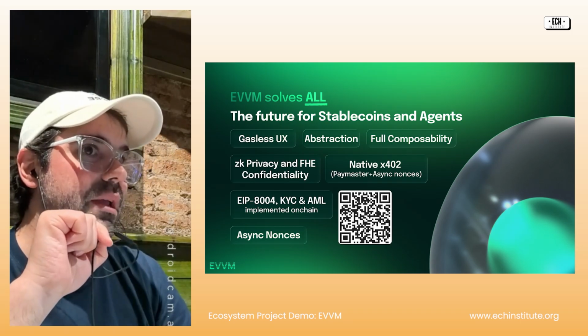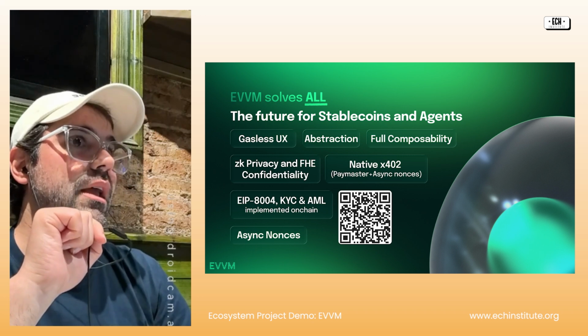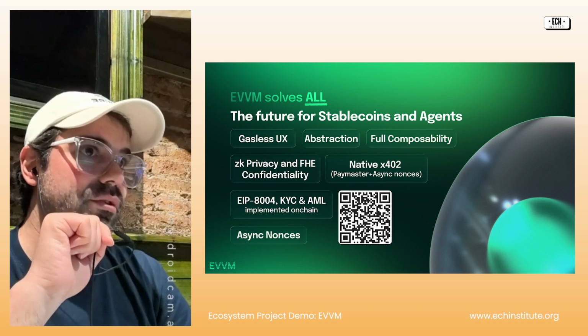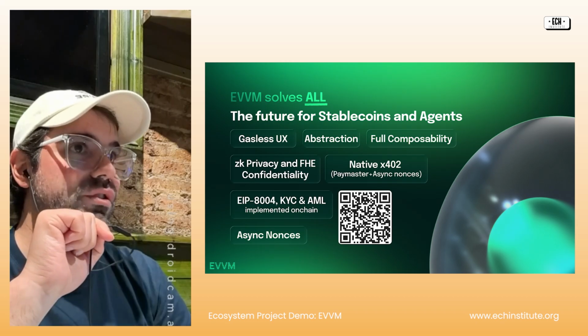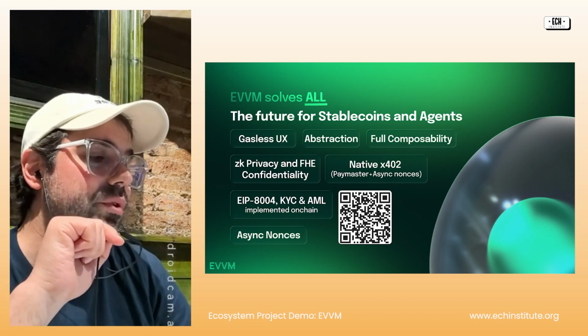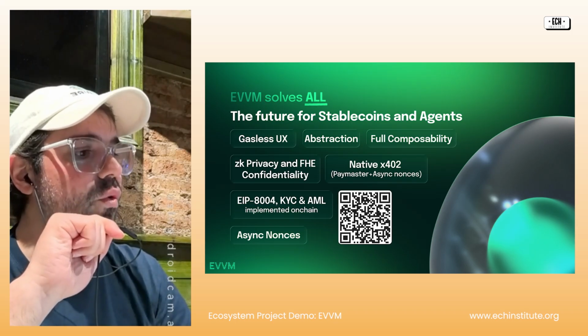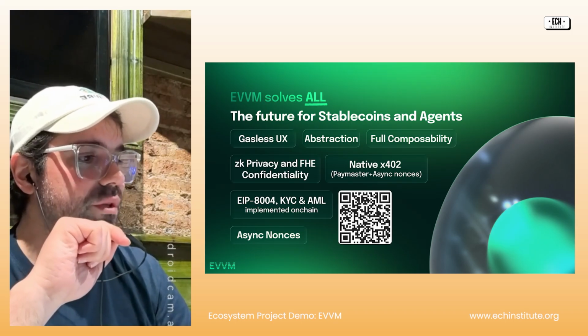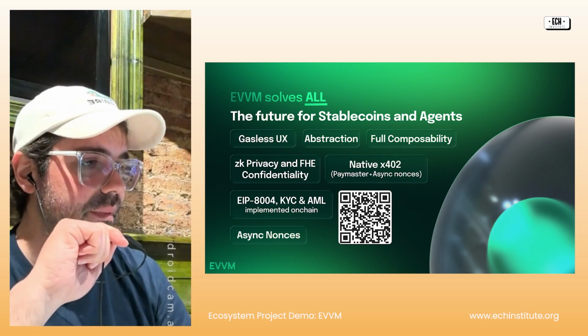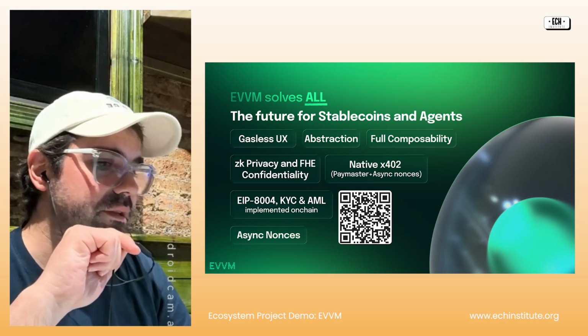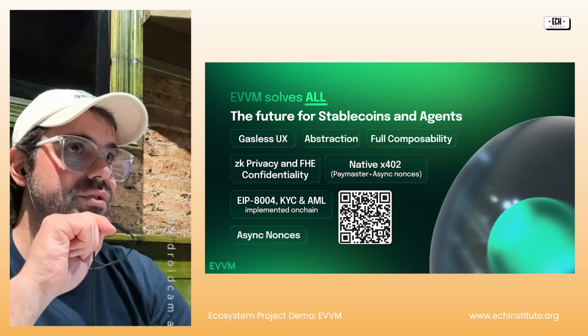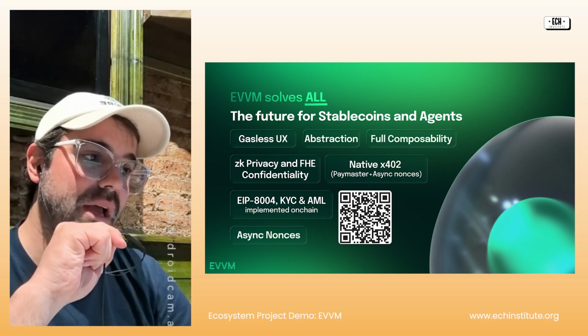This doesn't bring quantum resistance to the EVM itself because the nodes and part of the consensus are still using the old cryptography. But to operate on chain, users could be using an EVVM to interact within the whole ecosystem using their quantum-resistant signatures. And this is very important because it's more secure than not having it.